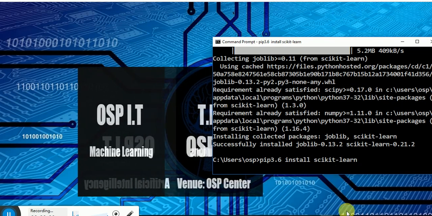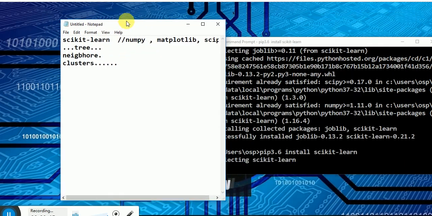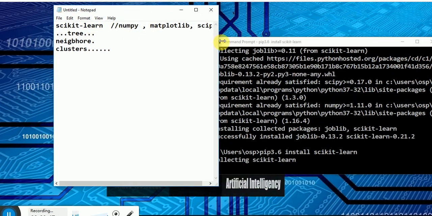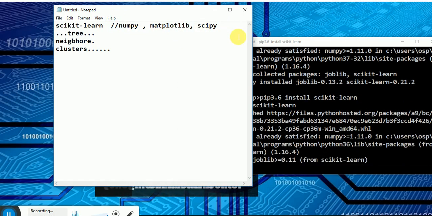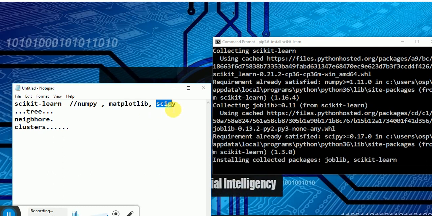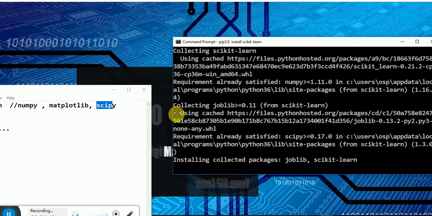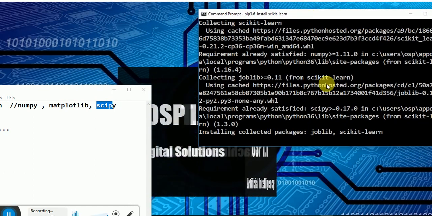In addition to that, as that one is installing, the most important thing we need to talk about right now in Python is these other features. These are the other features that we shall be using if I told you to come up with a Python program. So after installing those, we shall also install NumPy, Matplotlib, and SciPy. You get? That one is very important whenever we break down Python modules and come up with a given Python program. So let's wait a bit for the installation to wind up. It's kind of slow because my net is kind of down.